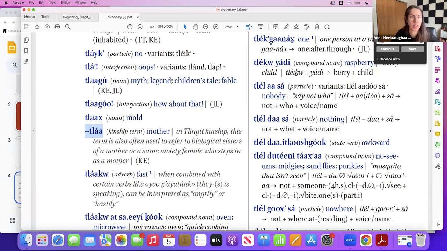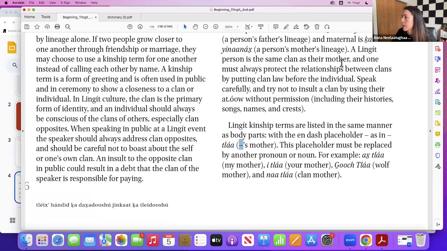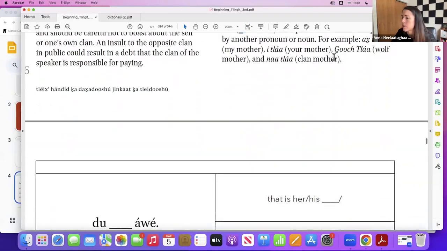Good questions. Are there any more? Oh, we didn't quite get to the Dakanuku. Oh yeah, thank you. So going back to kinship, we'll go